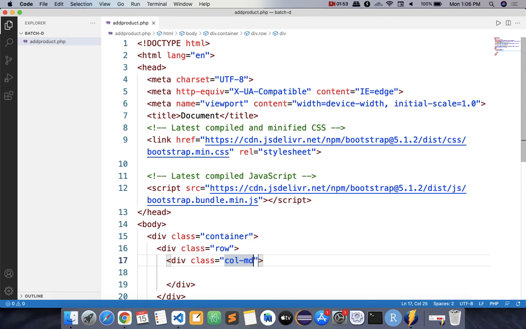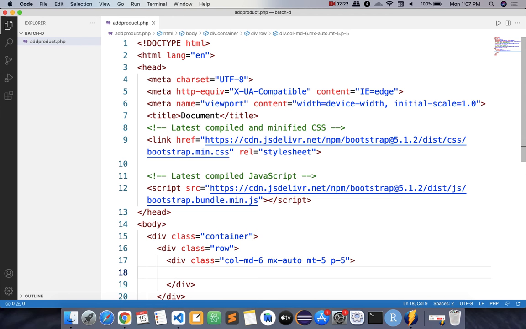So col-md-6, and I want this section to be at the center location. So what is it? mx-auto, right? And to have a margin from the top, I'll use mt-5. These are the predefined classes we explained in the last lecture. And inside this division I also want a padding of 5 from all sides.